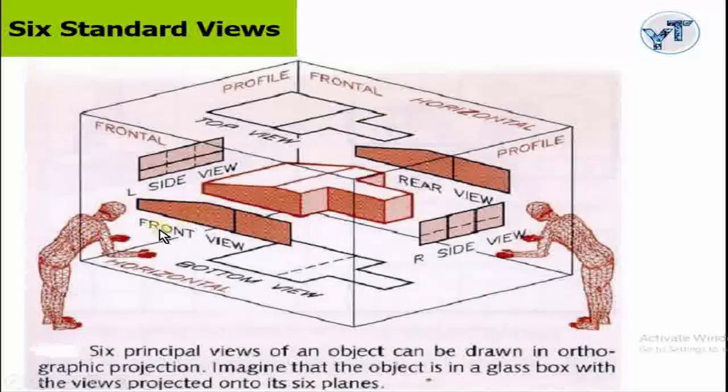See, for this front view, the plane of projection is in between the object and the observer. For this right side view, the plane of projection is in between the object and the observer. For this top view, the plane of projection is in between the object and the observer. So this is similar for all the views. It also satisfies one more condition, that is, in third angle projection, top view comes above front view, right side view is drawn towards the right of the elevation and left side view is drawn towards the left of the elevation.